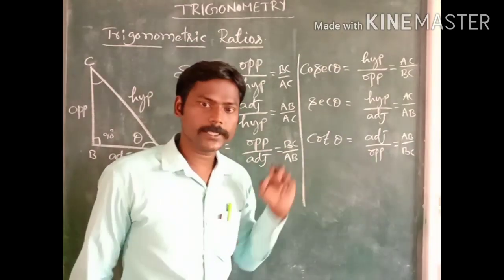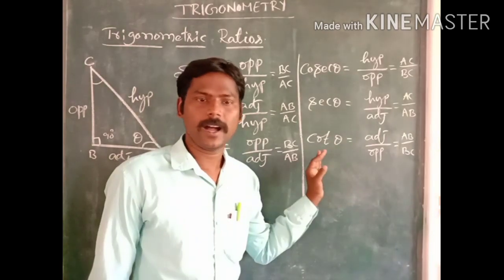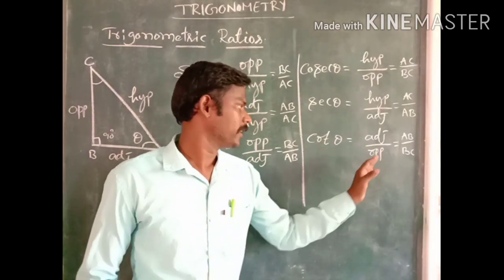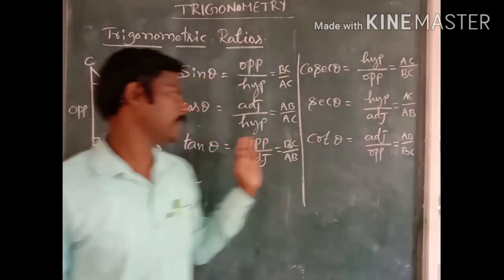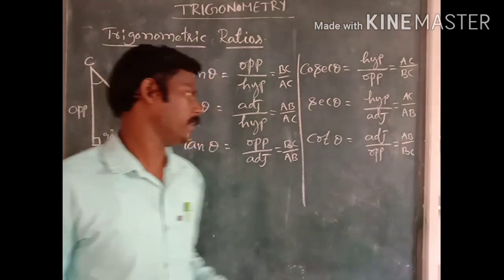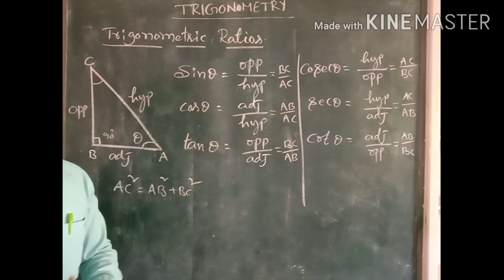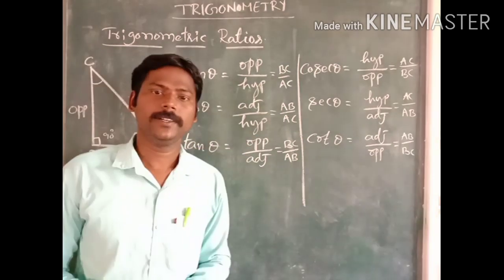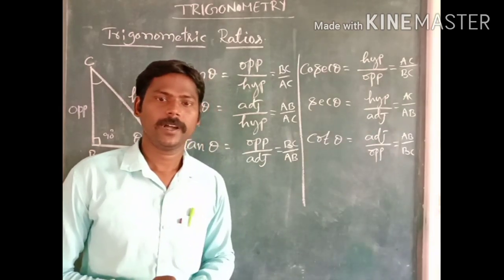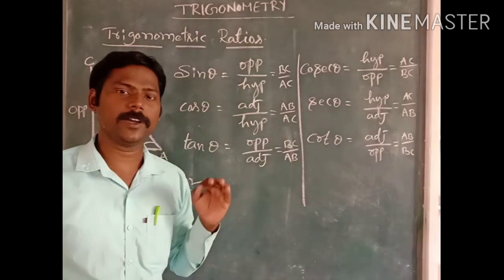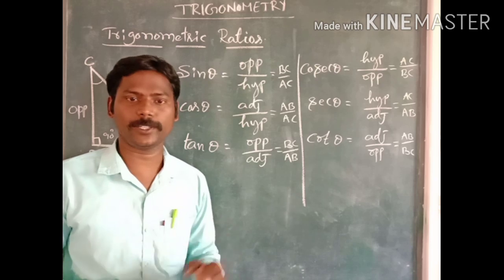Next, the sixth trigonometric ratio, the last one, cot theta or cotangent theta, is equal to adjacent side by opposite. So what is the adjacent side from the diagram? AB. By what is the opposite side, children? BC. So AB by BC. These six ratios are called trigonometric ratios. Do you understand, children? Please all of you remember these six trigonometric ratios by heart.